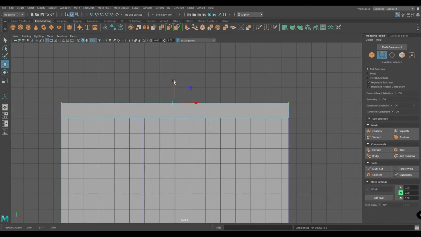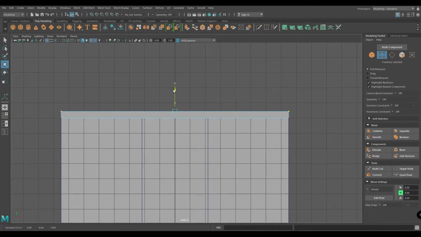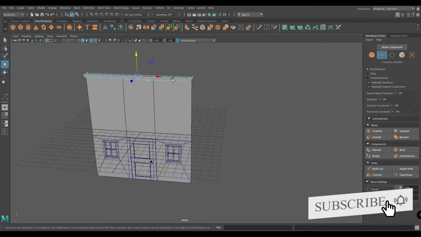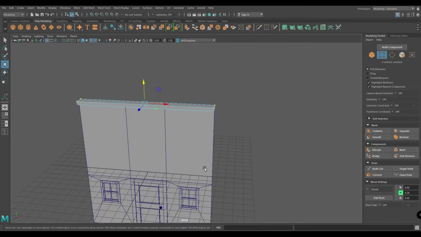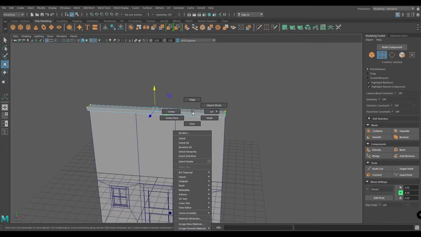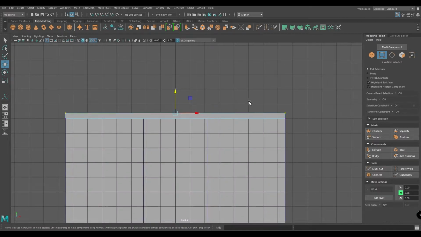And select the top vertices and bring them down a little bit. Select the side vertices and press R to scale and scale in X-axis.